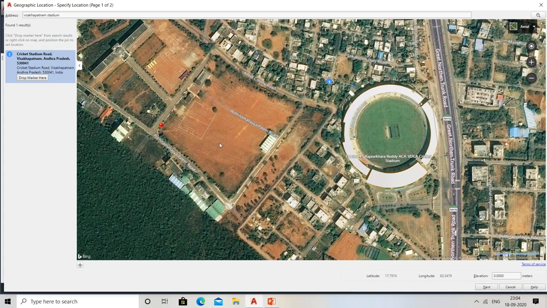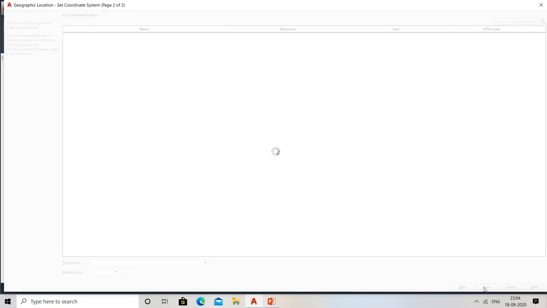The next step is the unit of measurement: whether you want to measure distances in feet, meters or centimeters depends on you. Now you can see at the bottom, by my cursor, latitude, longitude and elevation. Below this you can see Next, so just go for Next.